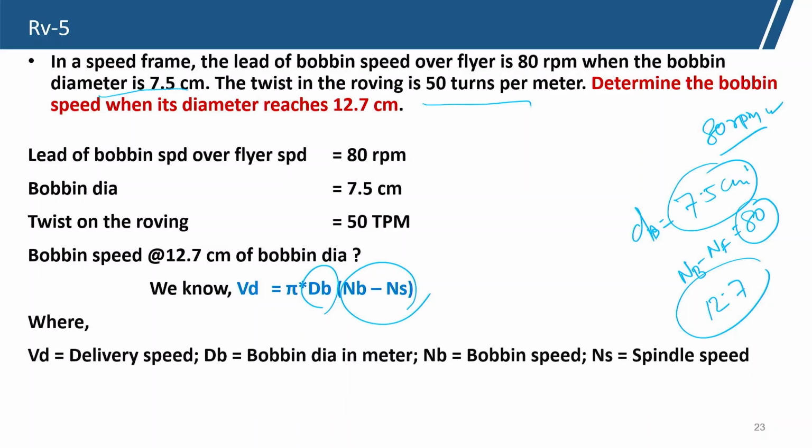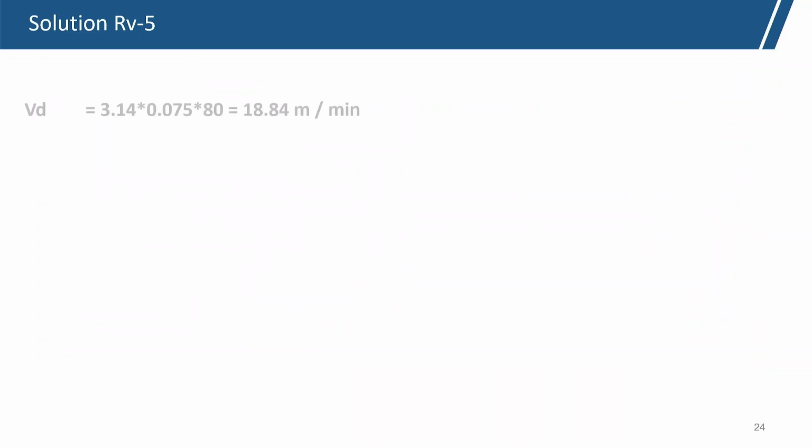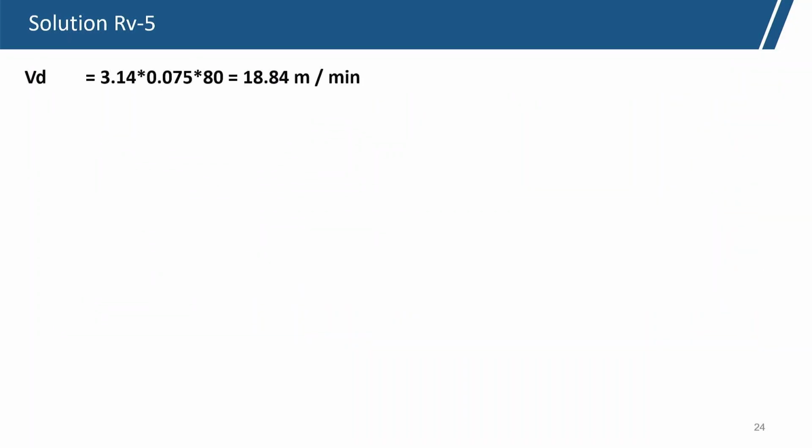So, Vd is the delivery speed in the front roller of the drafting system, dB is the diameter of the bobbin in meters, NB is the bobbin speed and NS is the spindle speed. Now, using this we can calculate: dB is directly given, this is the bobbin diameter in meters, and pi. So, the delivery speed of that roving frame is 18.84 meters per minute,